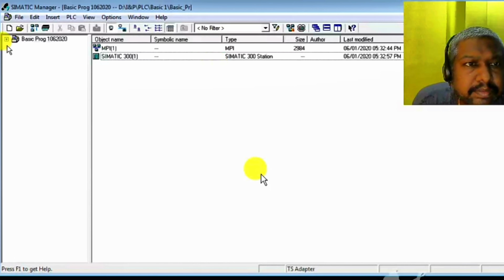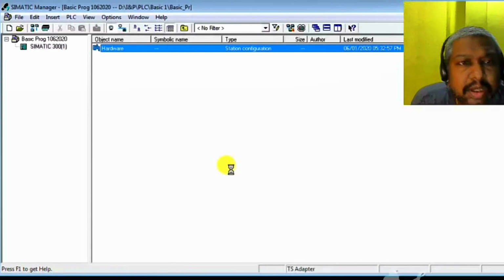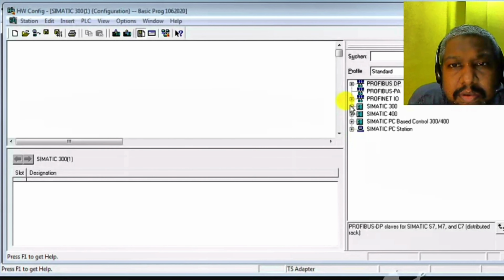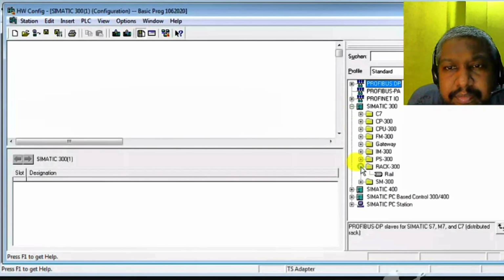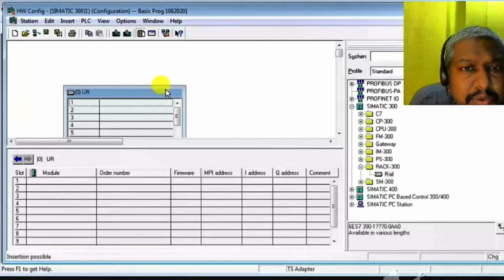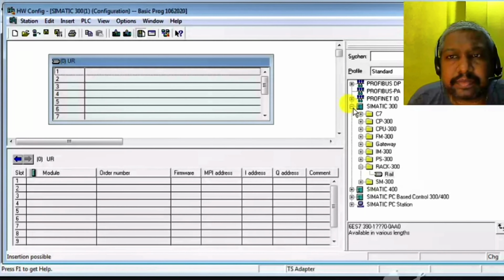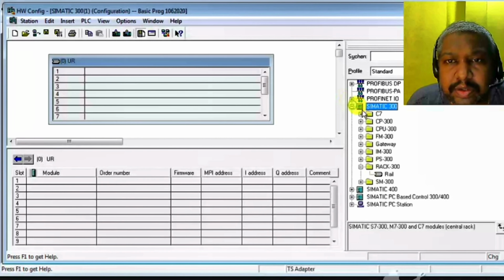Go to expand and Hardware configuration. After insertion of the SIMATIC station, hardware is inserted. Insert rail, okay, insert CPU 300.